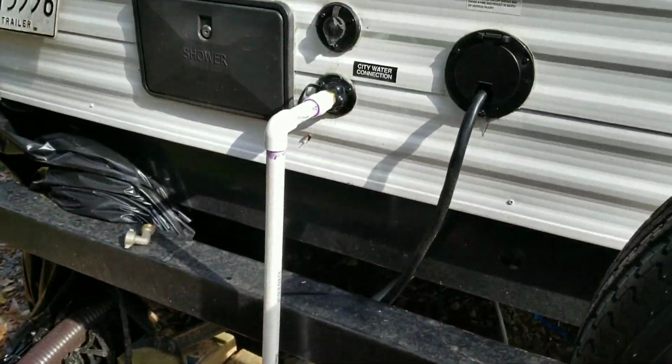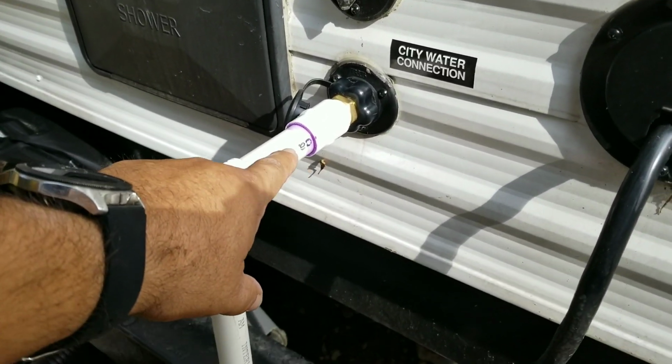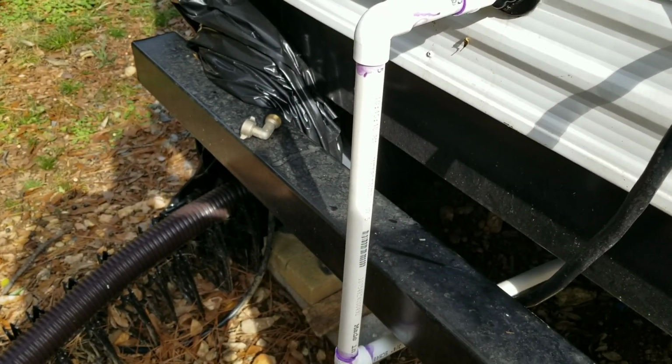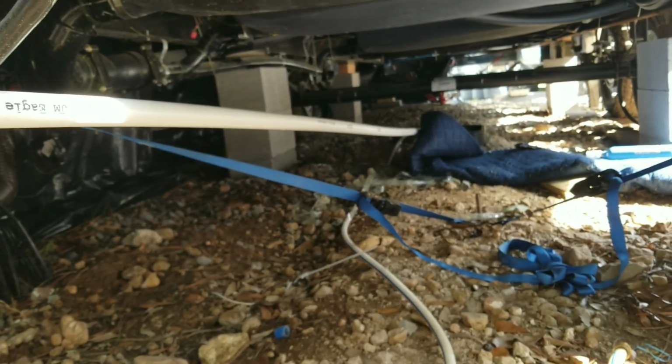Now I'm trying to do this. Here's a PVC pipe. Like I said, when you do the glue, there's a primer and then there's a glue. You always do the purple primer first. And so what I did was I come out and we come down and then we go under. And I just went ahead and put one long piece of pipe somewhere in the middle